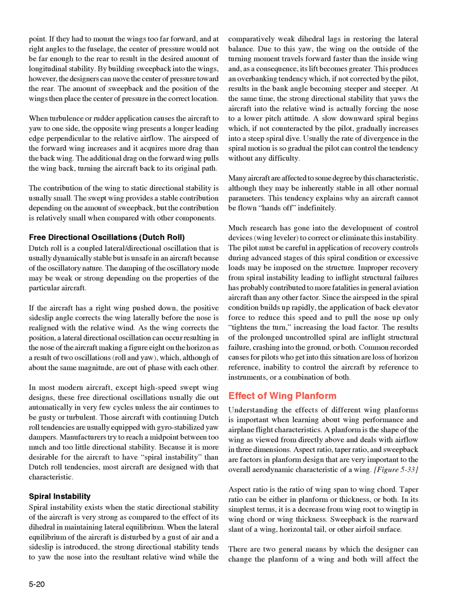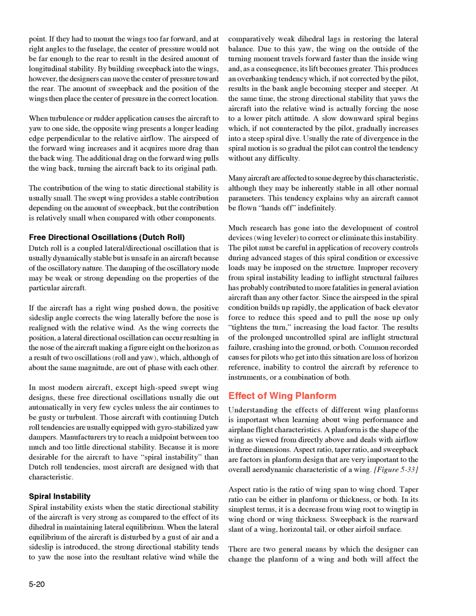In most modern aircraft, except high-speed swept wing designs, these free directional oscillations usually die out automatically in very few cycles unless the air continues to be gusty or turbulent. Those aircraft with continuing Dutch roll tendencies are usually equipped with gyro-stabilized yaw dampers. Manufacturers try to reach a midpoint between too much and too little directional stability. Because it is more desirable for the aircraft to have spiral instability than Dutch roll tendencies, most aircraft are designed